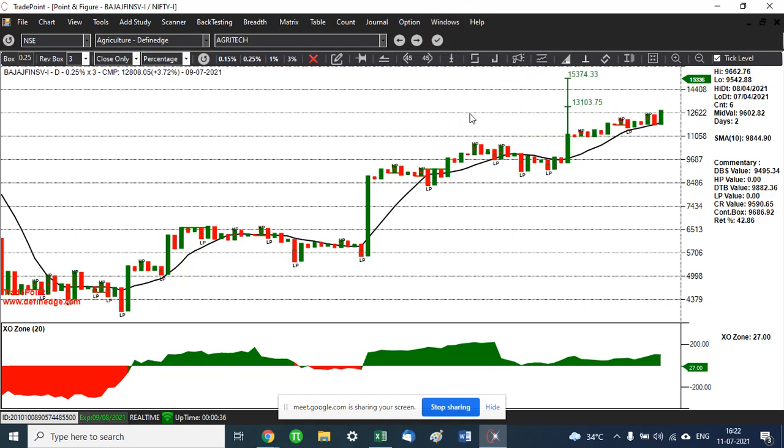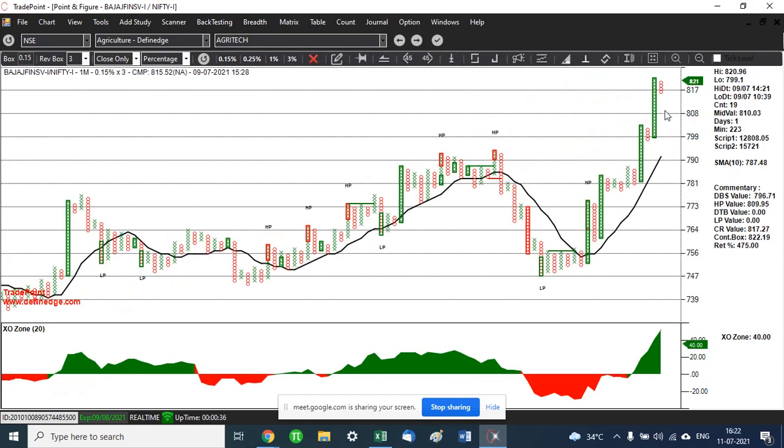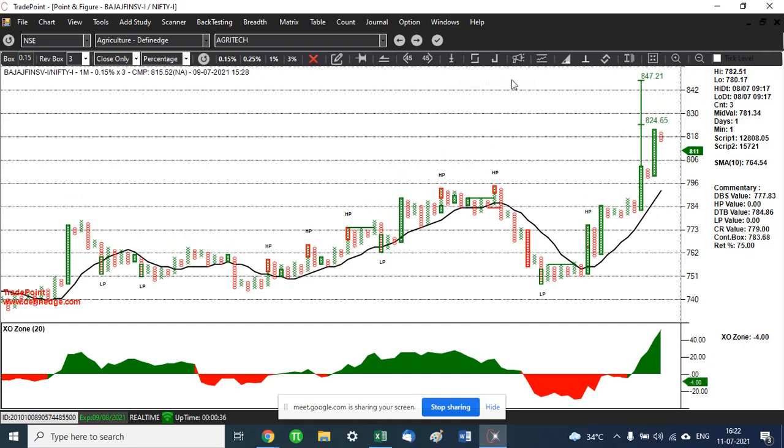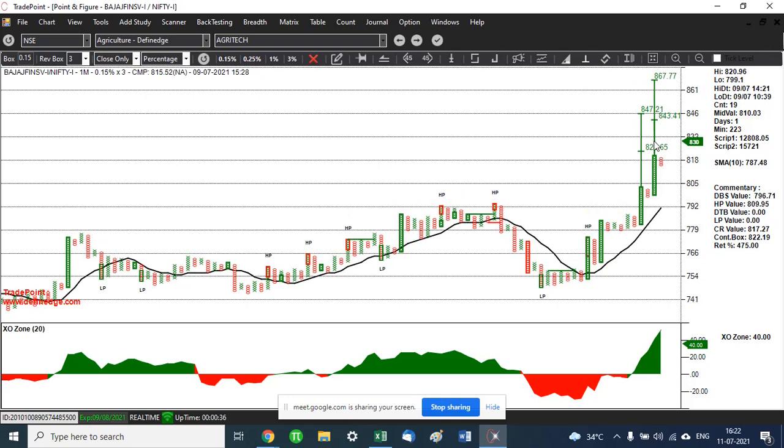On the ratio chart, we are just seeing the relative strength, and we are seeing that we have these anchor columns here. This is an anchor column. This is an anchor column. So when we are actively trading the market, right now we are in the column of O as far as this ratio chart is concerned. So there is a small correction ongoing in an upward trend. Whenever this turns into column of X and also gives us a double top buy, we can enter this trade with a small stop loss. So this is as per the ratio chart.